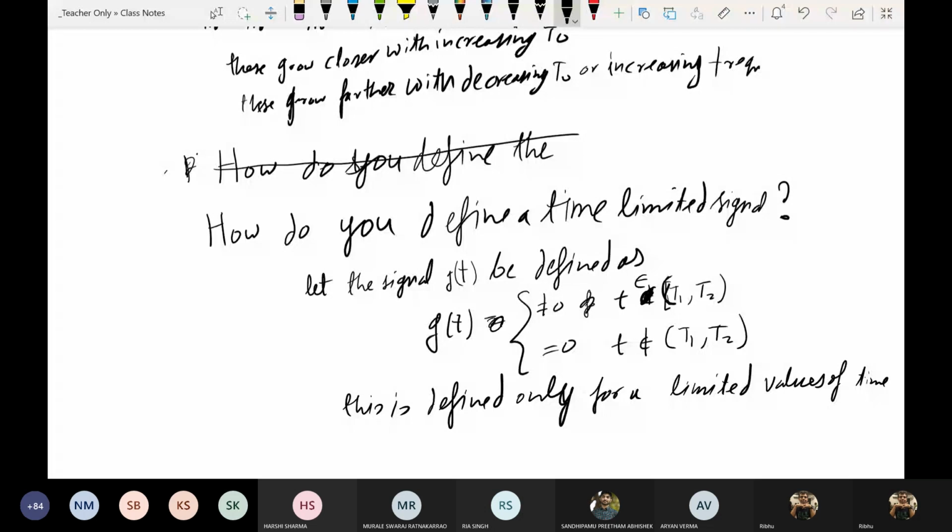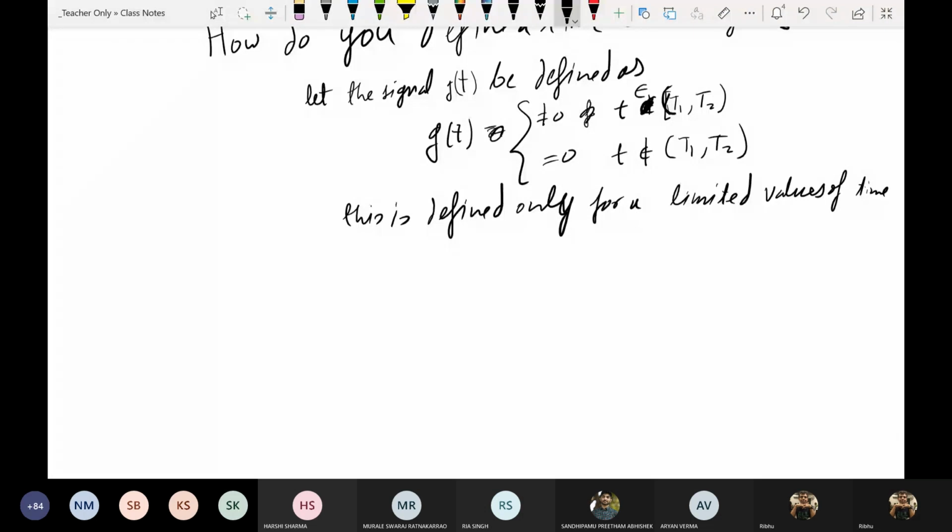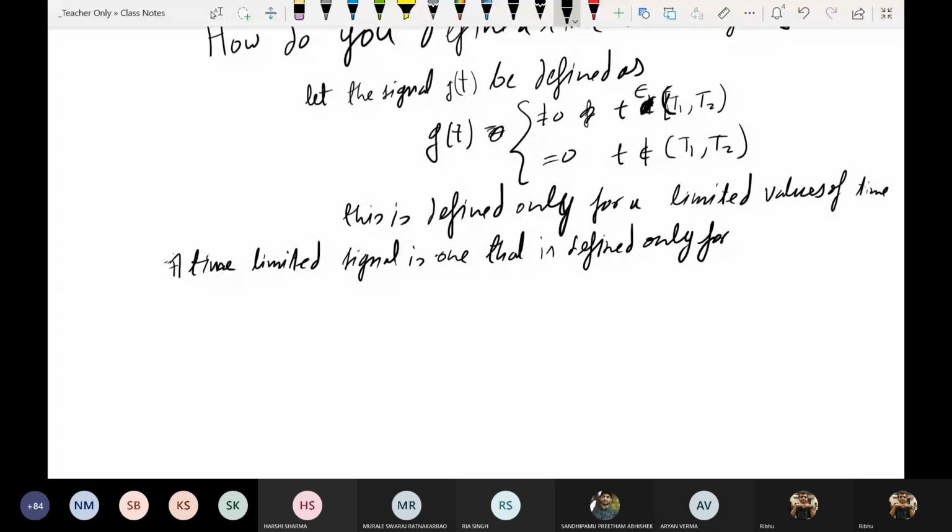Okay, yeah, so I'll write this around myself. A time limited signal is one that is defined only, or given that, or only within a given